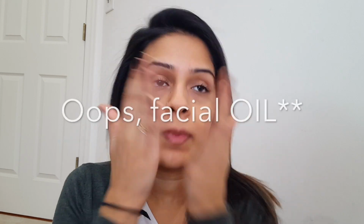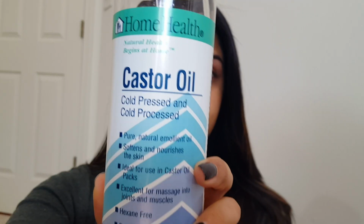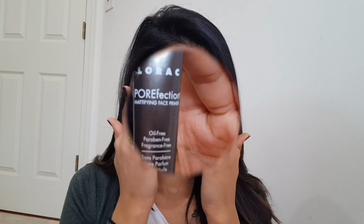As always, I start off with a facial cream just to moisturize my entire face, and just make sure to press this into your face rather than using a rubbing motion. For under my eyes, I'm going to be using castor oil. Castor oil is super moisturizing and it basically works the same as an eye cream. I just like it to be more natural, so I press this into the skin underneath my eyes before going